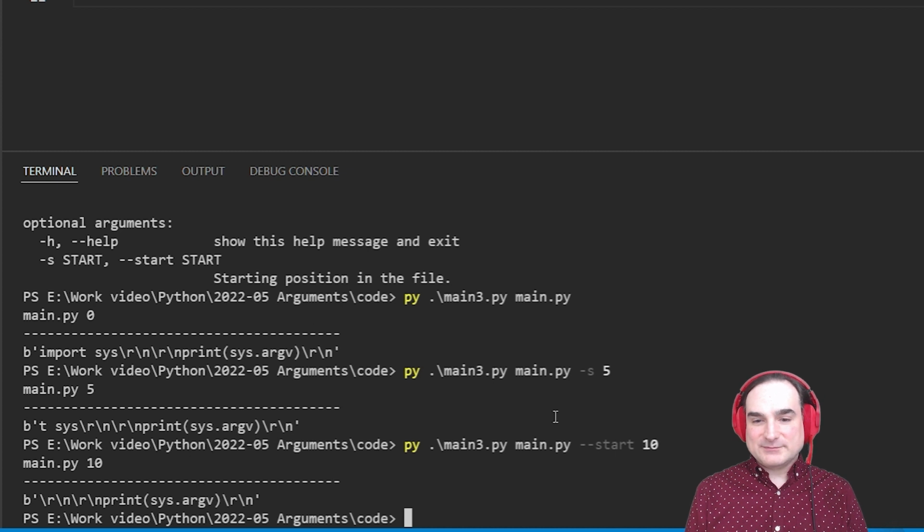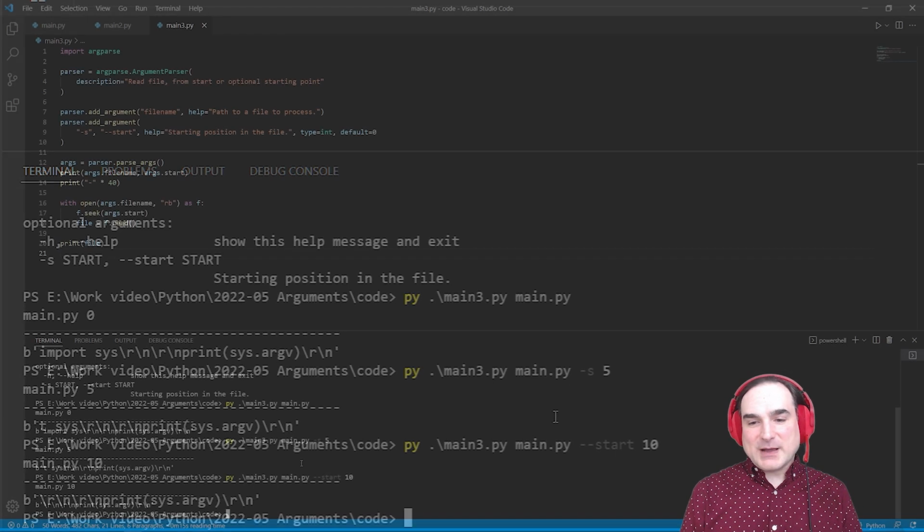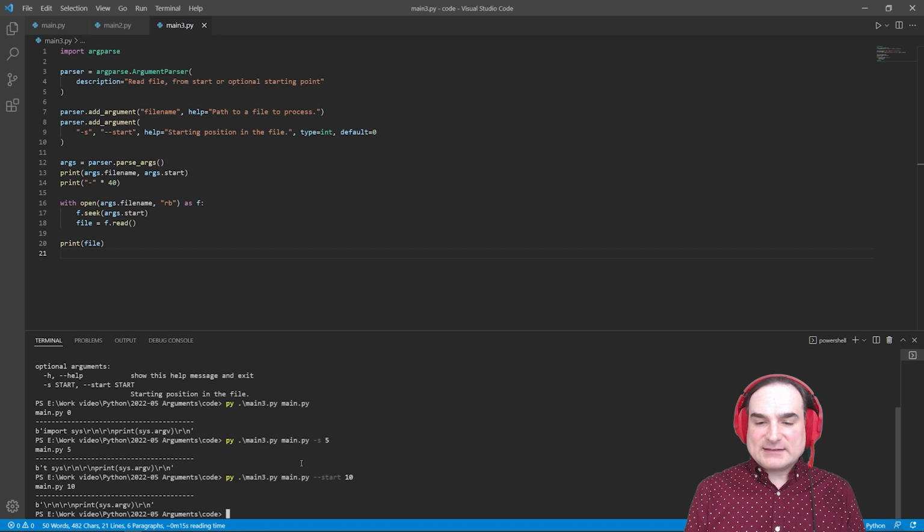So to sum up, if you just want to access command line arguments passed to your script and work with them manually, and you don't need any special handling to do it, you can use sys.argv and just read those values directly and wrap your own command line argument handler around them. But if you have a Python program that potentially takes in a lot of arguments, you can use argparse to do that for you and to add contextual help and prompts completely for free on top of it.